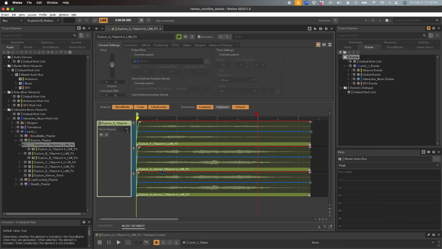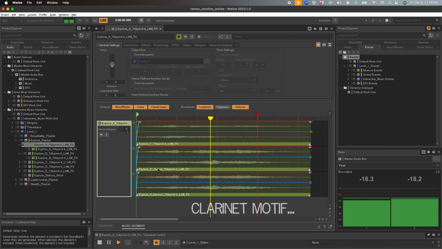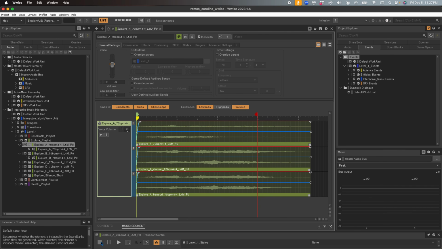Or maybe there would be no motif at all and just the drone would play. This grows the amount of music that you have, even if you just wrote a 2-minute piece, eventually making it